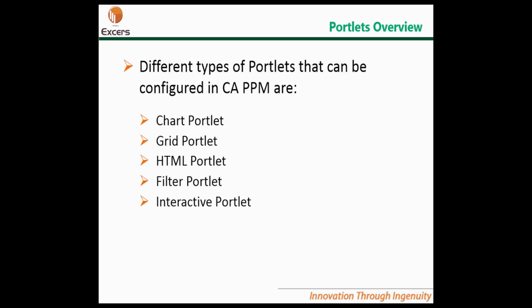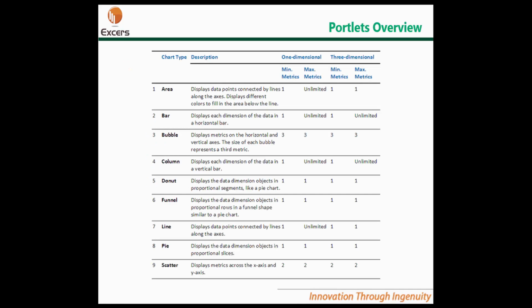There are different types of portlets that can be configured in CA PPM. Chart portlets provide graphic views into CA PPM data. There are several types of charts that can be configured in CA PPM, and they are area, which displays data points connected by lines along the axis, bar, which displays each dimension of the data in a horizontal bar,